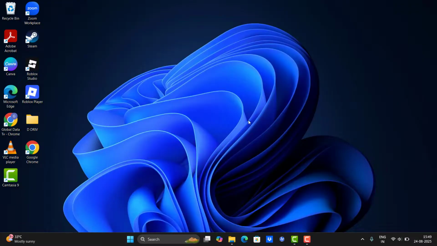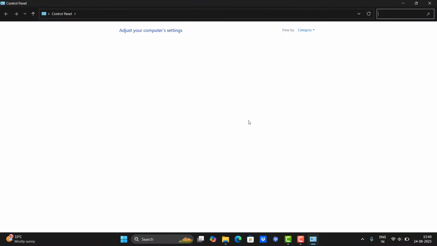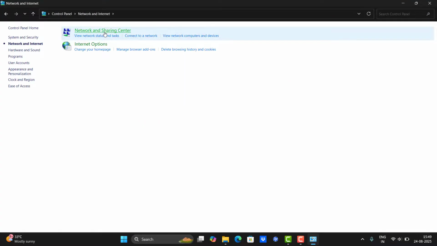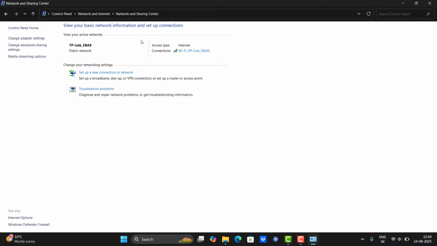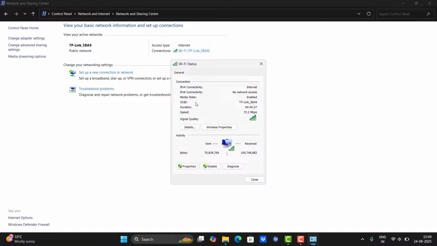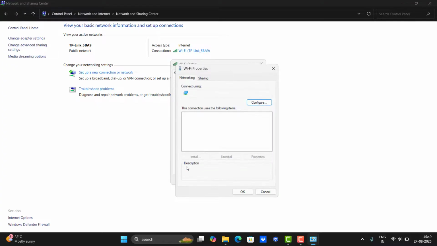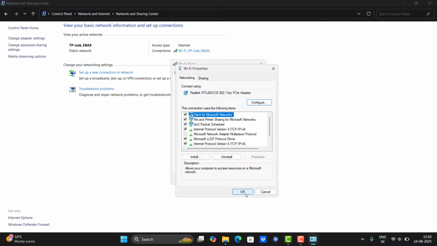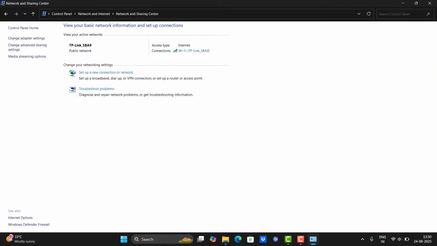Here what we are gonna do is adjust the DNS settings. For that, you need to enter into your control panel, network and internet, network and sharing center, and then click your network properties, then double click Internet Protocol Version 4 and enable use the following DNS server addresses, like 8.8.8.8 and 8.8.4.4, and then click OK. Once you're done,